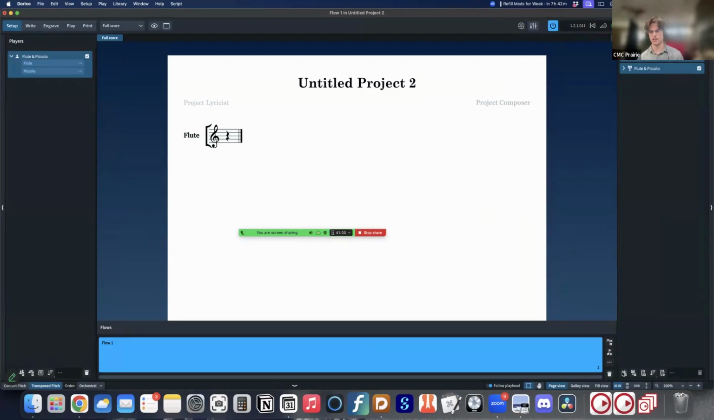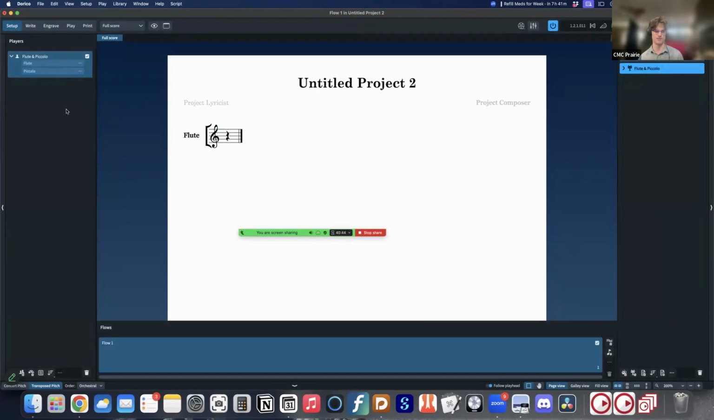Some things to note on the side here. So there are different layouts. There's full score and parts. The difference between the two is full score will automatically condense by default and will show all the instruments, whereas each layout will only show the instruments selected. So if I were to add, say, a clarinet,